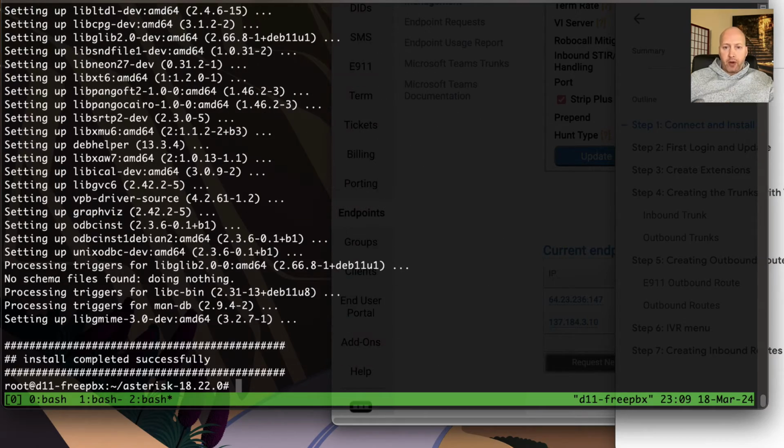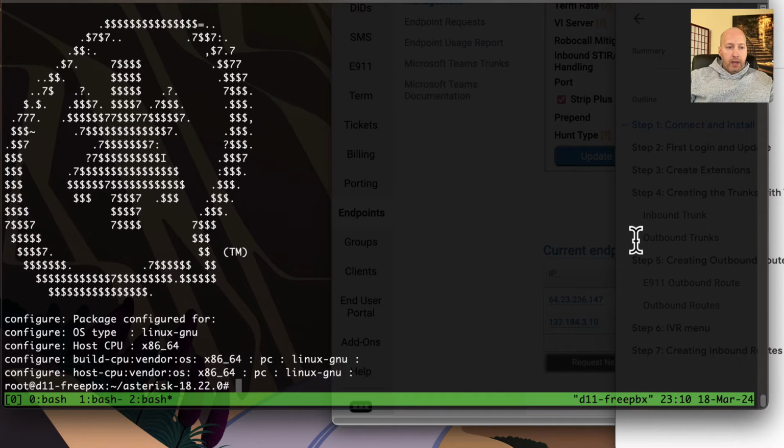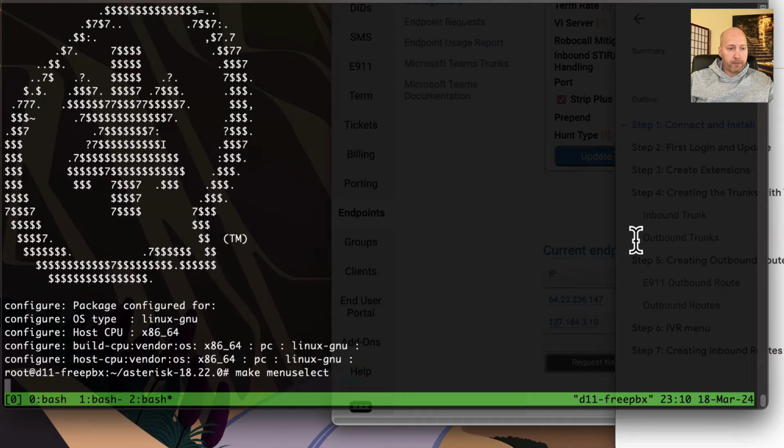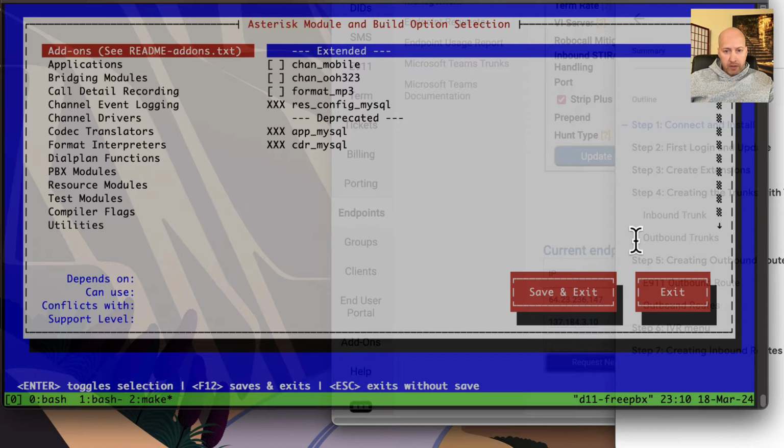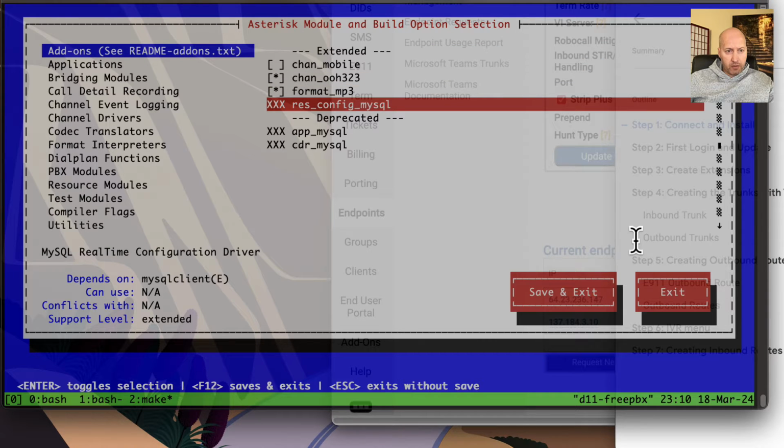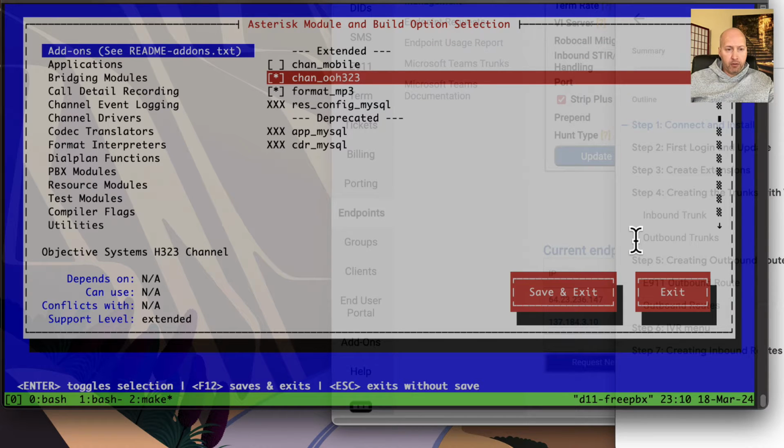All right, the next command we're going to do is the configure command. So let's run that script there. And this make menuselect has changed a little bit since my last video, so just follow the instructions or follow my lead here. Okay, so under here we go. Under add-ons, we're going to modify this one and this one. So we just highlight it, hit enter, it'll drop down, hit enter again,